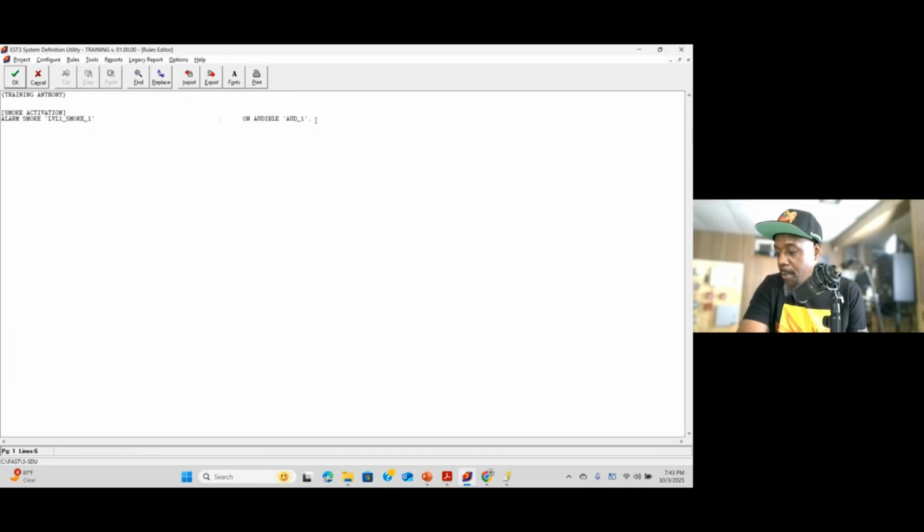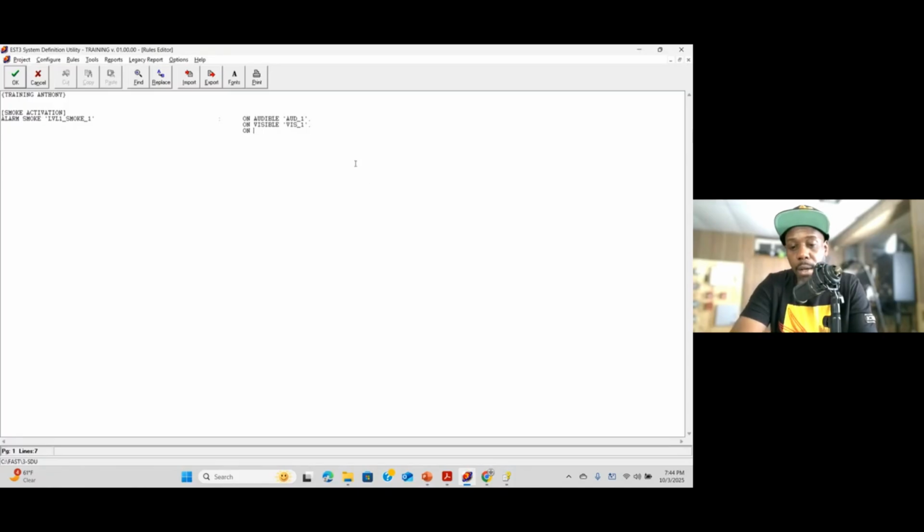So what's the next thing? We want to turn on the visibles, right? So on visible, quote, VIS underscore 1. And then we're going to put the comma because we're going to add the door. And the good thing about writing rules is that we've got to write the water flow next. All we have to do is copy and paste the whole entire thing and then just change the input side. Now the water flow will activate the same outputs that the smoke detector activates.